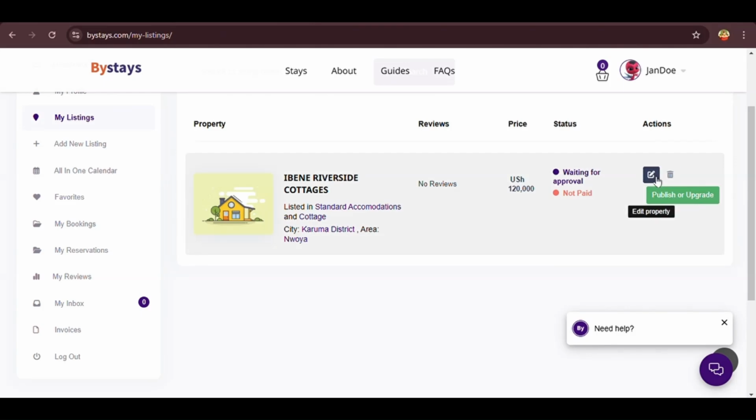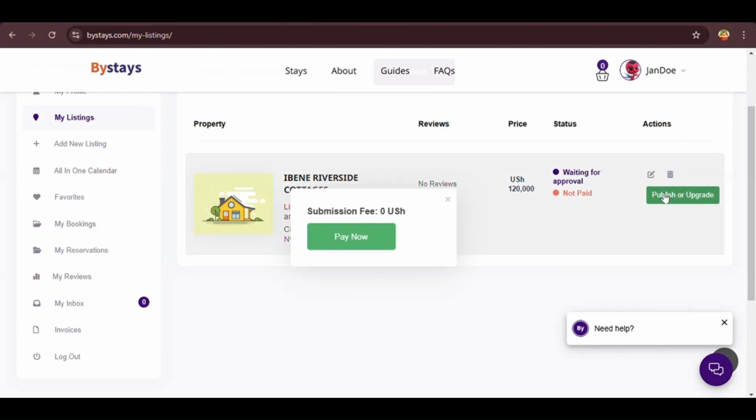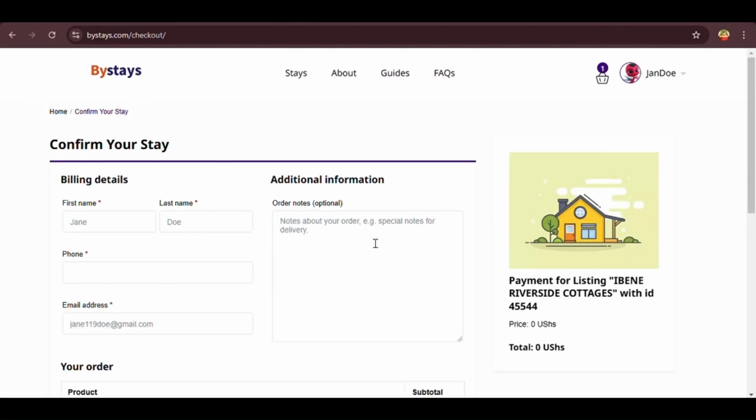So when we click publish or upgrade, we see that we have a submission fee of 0 shillings. At this moment, ByStays is not charging you for adding your listing to their platform, but we still need to go through the process just to give 0 shillings. So what you will do is add your name,